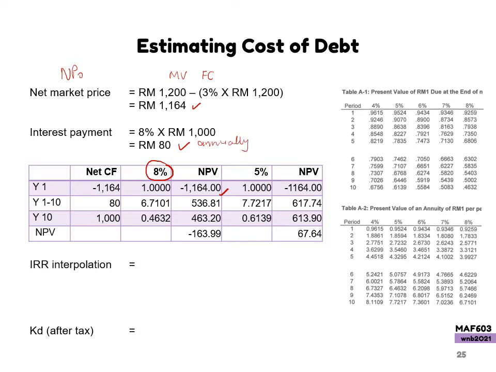So, bila annually, setiap tahun kena bayar nilai interest yang sama, kita akan refer dekat table annuity. Sebab bayaran dia setiap tahun sama kan? Okay. So, from year 1 to year 10 untuk 8%. So, I akan tengok dekat sini 8%. Year 1 sampai year 10, jadinya discount rate this one 6.7101. I darabkan dengan RM80, I dapat NPV dia sebanyak